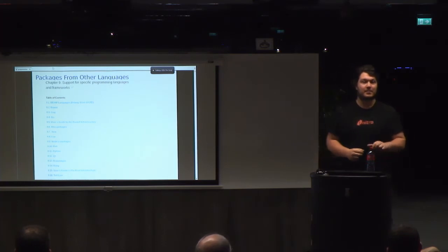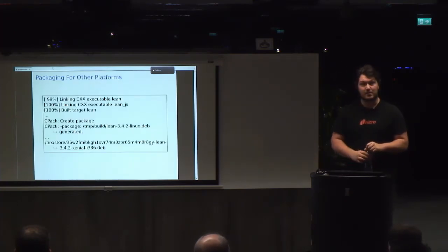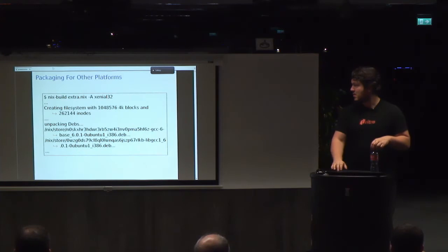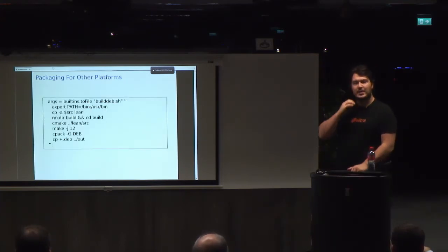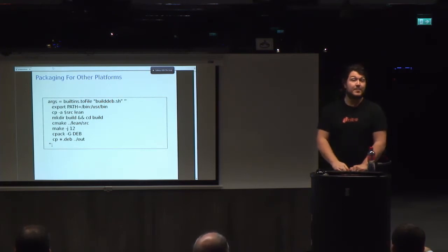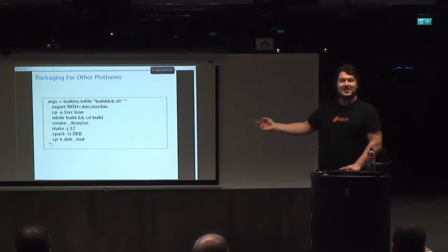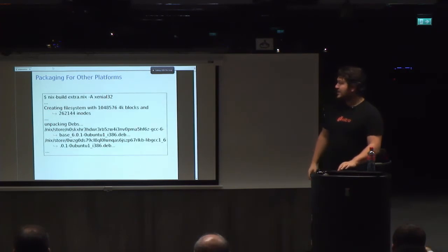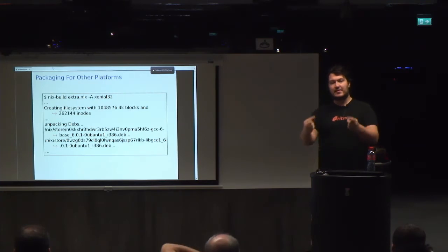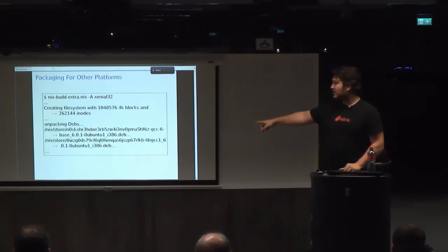Yes? Yes, you can change in your package where the output is. By default, it's out. And in this case, it's not a directory, it's a file. So I copy it to a file called out, and whether it's a directory or a file, it gets added to the store. But in this case, it's called out in the build script. But once it gets copied out, the package has a name, and so the file gets renamed to the name of the package. And so it gets renamed to a .deb here.